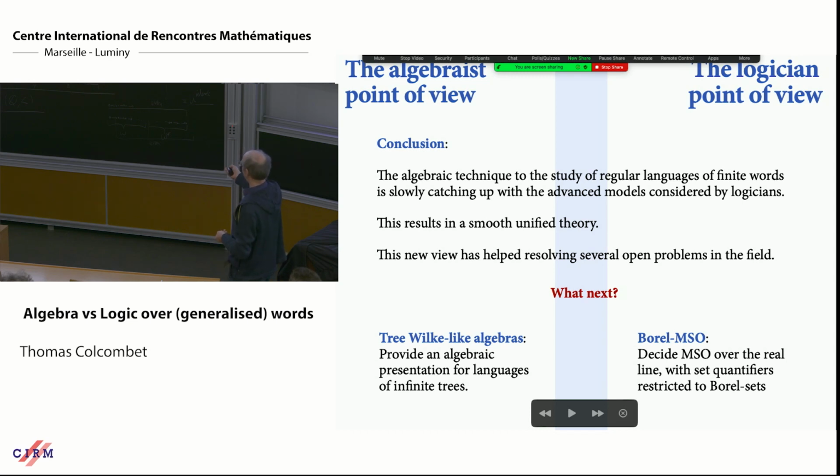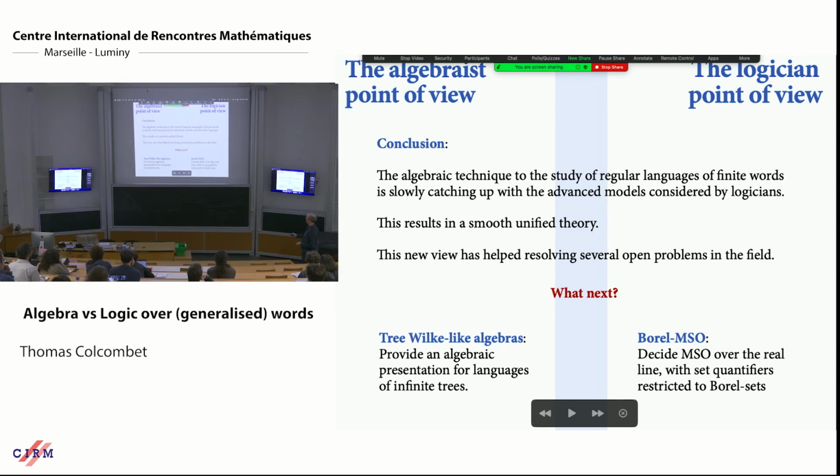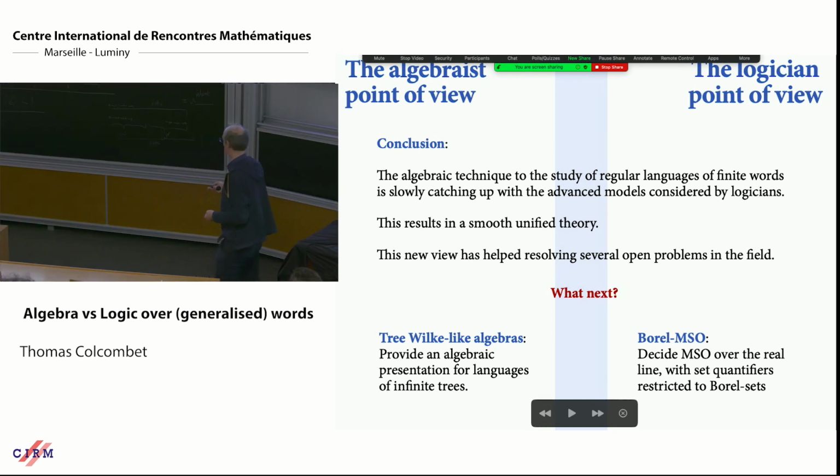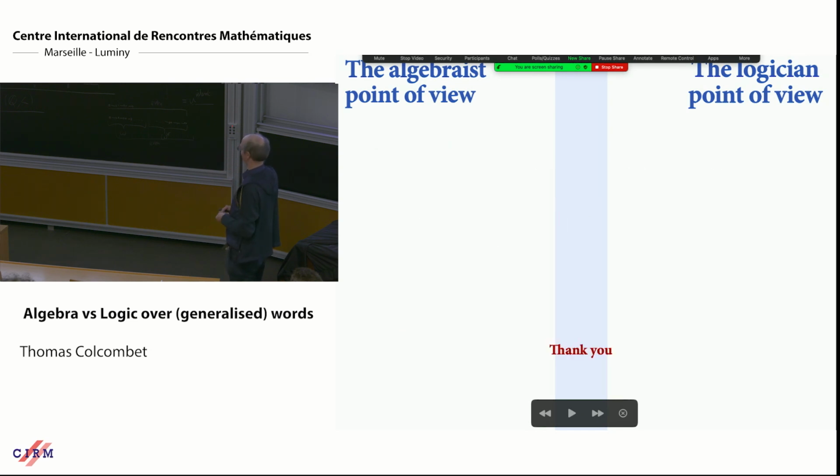Another one, which was asked by Sheila, I think in the first paper, is: you know that the real line has an undecidable monadic second-order theory, but what happens if you restrict your quantifiers to Borel sets? It is known that if you restrict it to open sets, it's decidable. It just reduces to things that are known. But for Borel sets, it's a completely open problem. I guess it requires knowing a bit of descriptive set theory. Okay, that's all I wanted to say. Thank you.